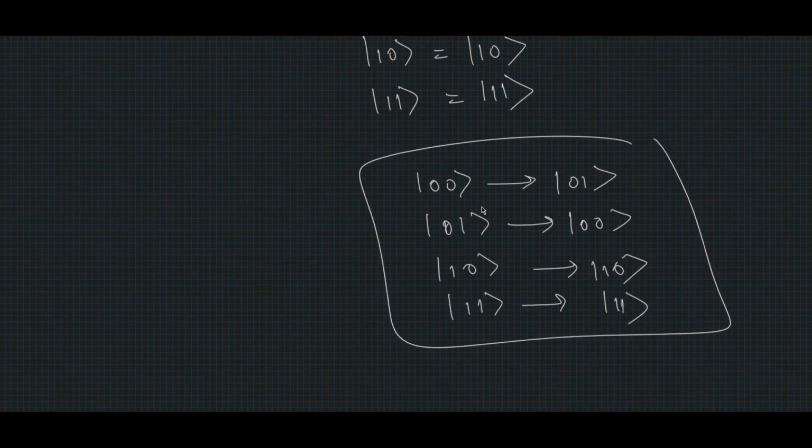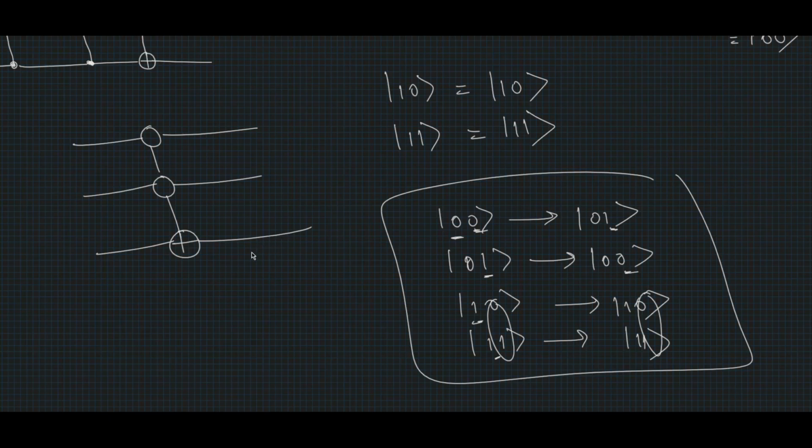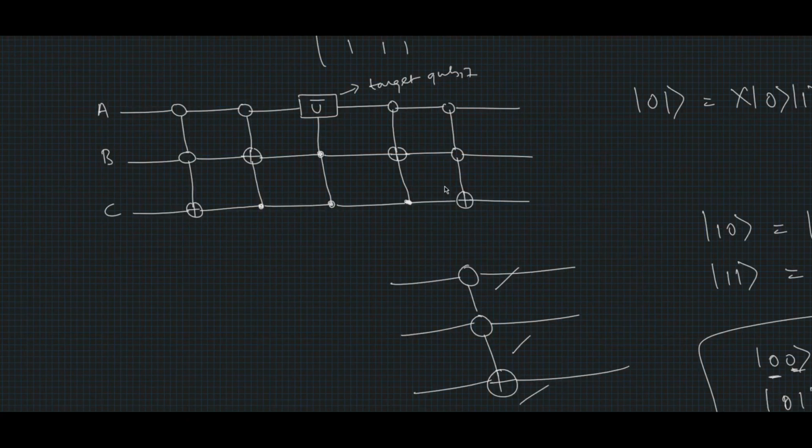As you can see, contrary to the CNOT gate, whenever the control qubit is 0, the target qubit is flipped from 0 to 1, and in this case from 1 to 0, and whenever the control qubit is 1, nothing happens to the target qubit. On a similar note, this type of circuit acts opposite to a Toffoli gate. That is, whenever both the control qubits are 0, the target qubit is flipped, and when both the control qubits are 1, nothing is done to the target qubit. Now, knowing this, it would be easier for us to understand this quantum circuit.